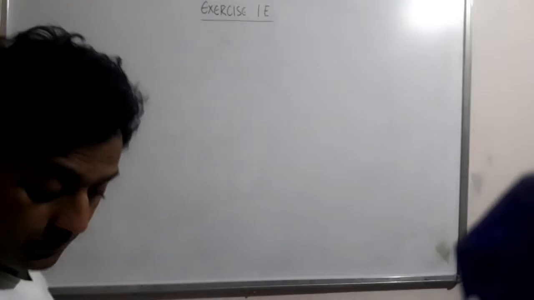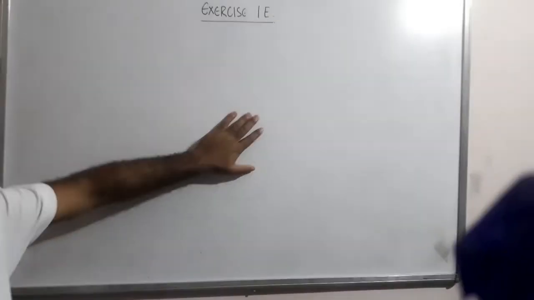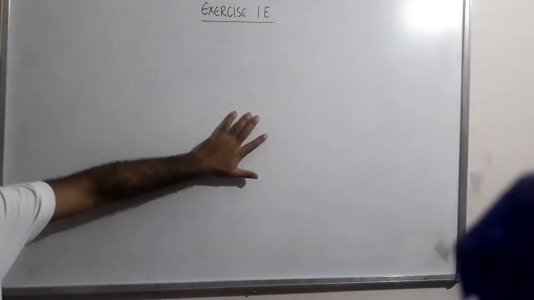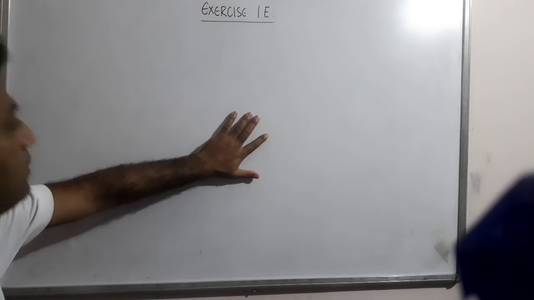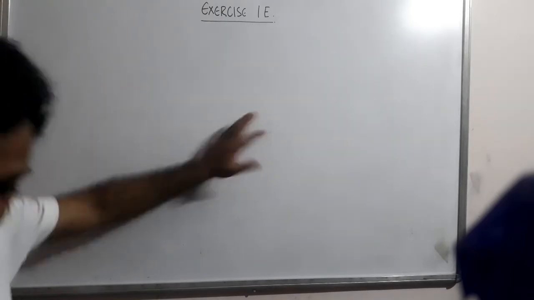We will learn about this division of rational numbers. In case of division of rational numbers, rather than going to the theory part, let's solve the questions, and along with that we will also learn the properties of rational numbers whenever there is division. So question number 1, when you simplify,